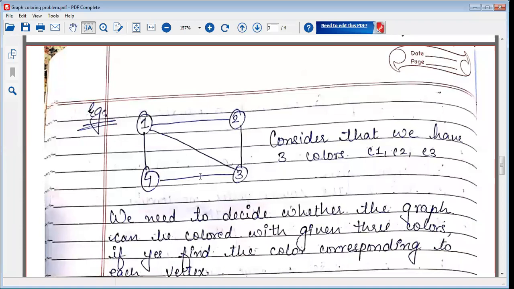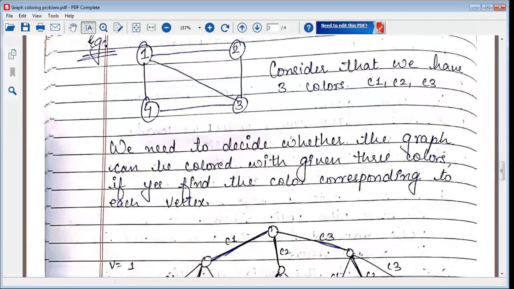In the same manner, you can start with any particular vertex with any particular color, and you can see that multiple combinations are possible to satisfy the condition. But we need to follow a proper set of steps. Therefore, we will see how we create a tree and how we explore the path in order to get the answer. To explore the path, we need to fix one particular source vertex. Let's say that 1 is the source vertex as per the tree that we have drawn here. Then we start with the rest of the adjacent vertices, and we keep following the path until we get all the valid solutions. So let's see this. Keep this graph with you.